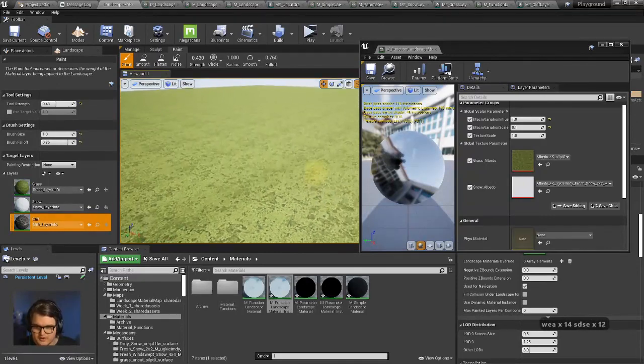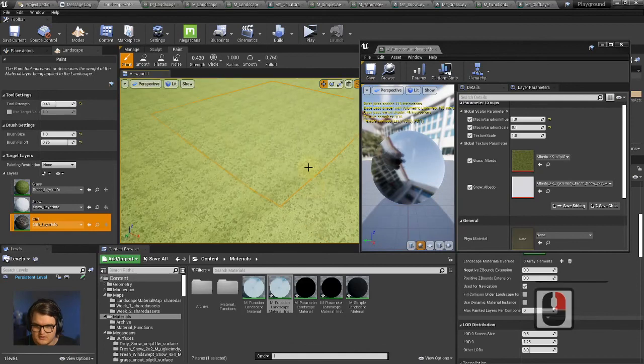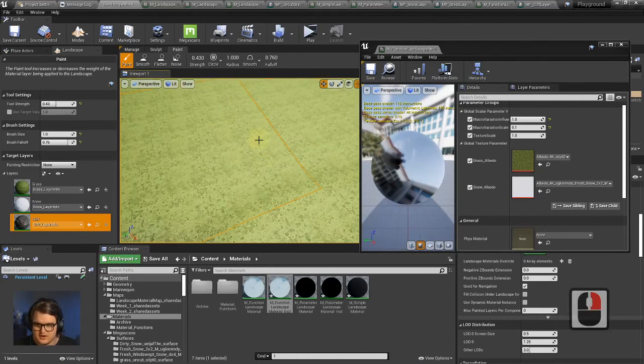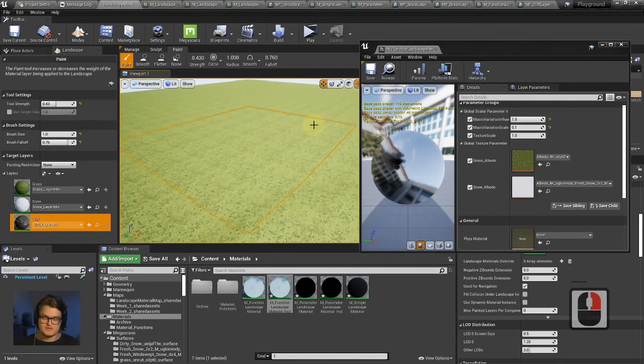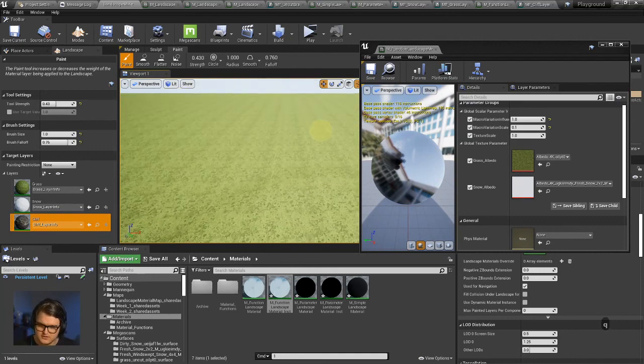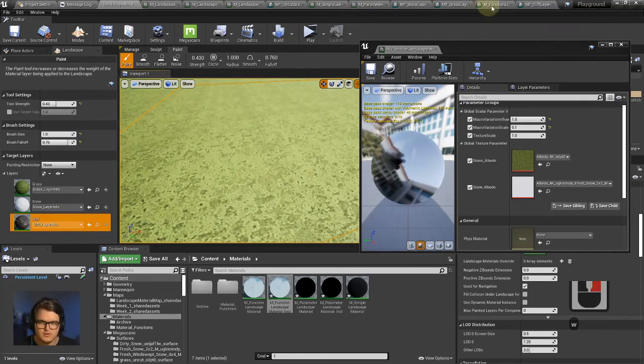If we go far enough above the ground, you'll see that this macro variation is the thing that now repeats. So if you have a scene or a game or an environment where you need to see the world from really high up as well as really low, close to the ground, you might want to